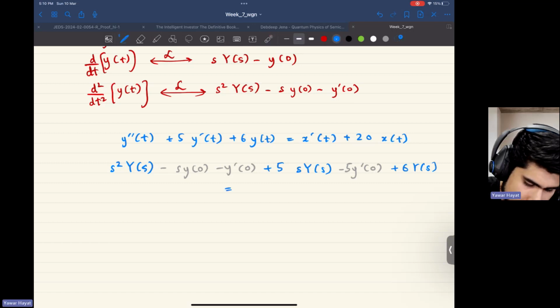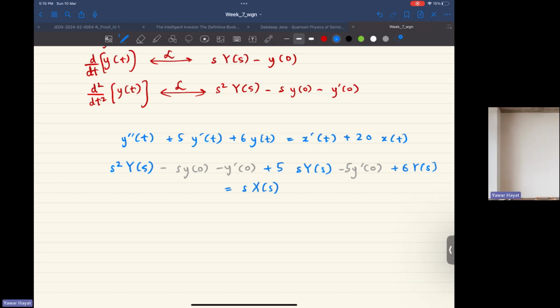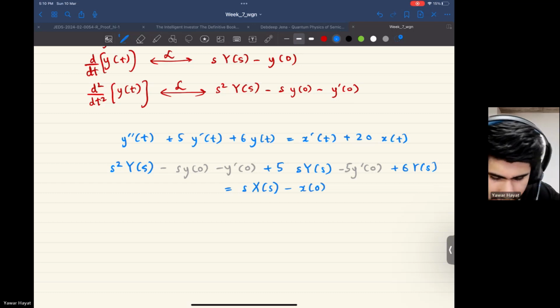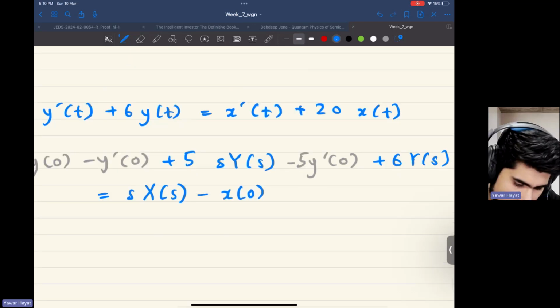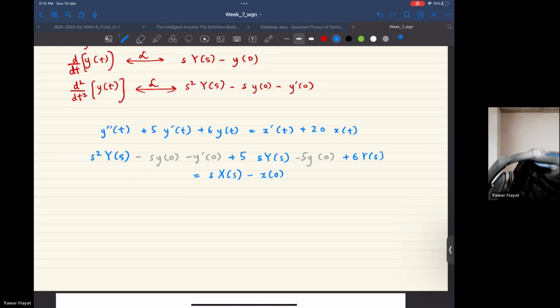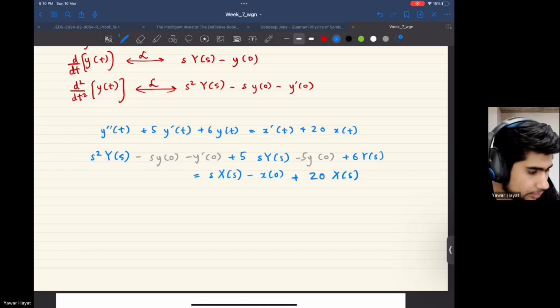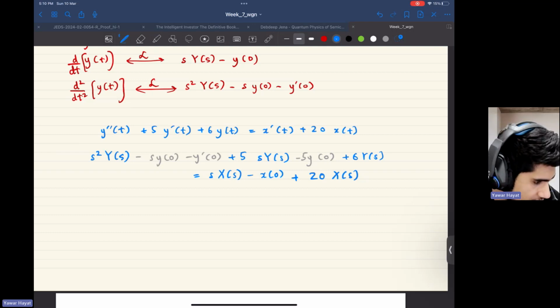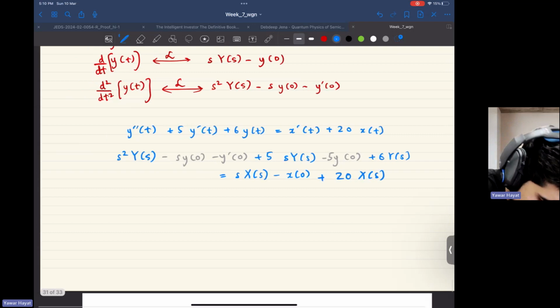What is this equal to? This is equal to s x of s minus x of 0, plus 20 x of s. Since I was supposed to consider initial conditions as 0, these gray terms would be 0. And what I'll be left with is the following: